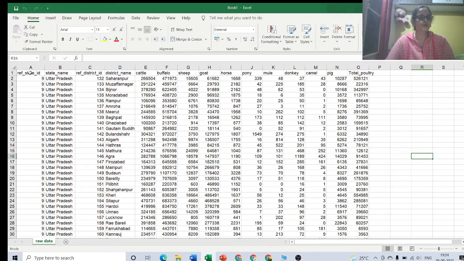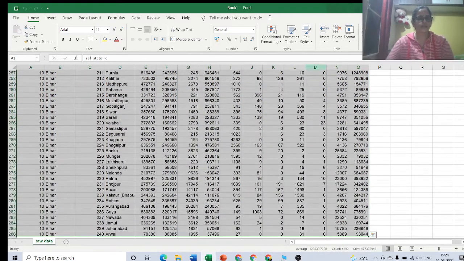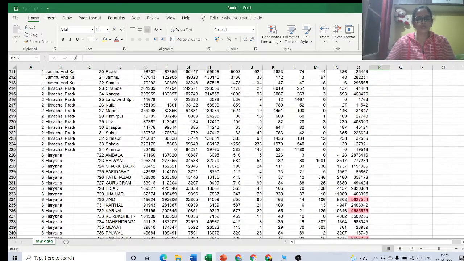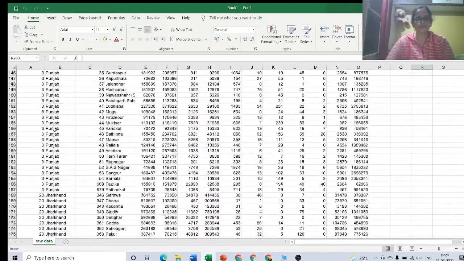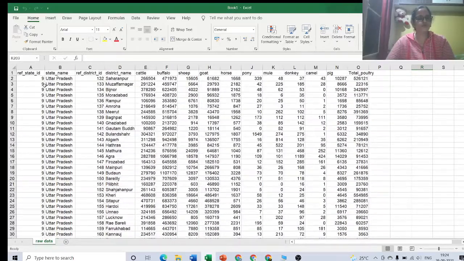So how are we going to make use of this pivot table? For that I am going to select the entire data. Before that, we can see the names of different states, with the reference state ID in the first column, and the names of different districts of these states.